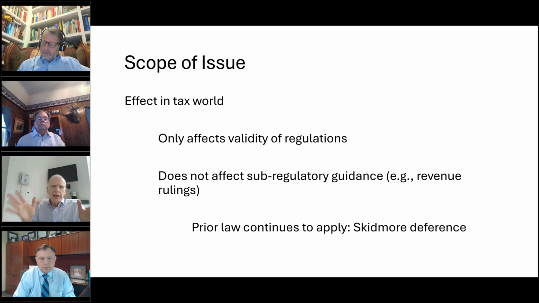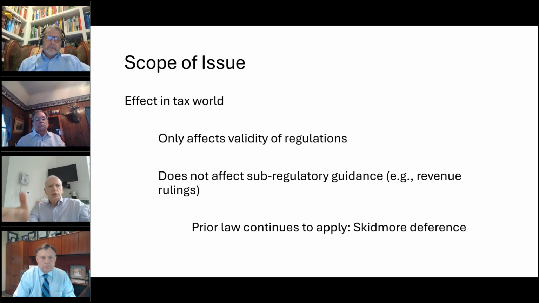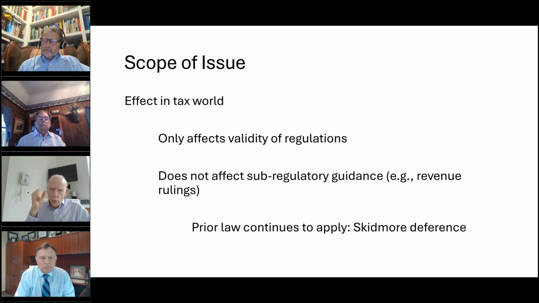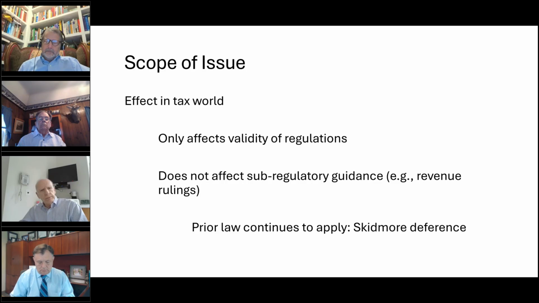So the bottom line takeaway is we're only dealing in the world of regulations. If you're dealing with the validity of a regulation, then we're in my subject, right? Then we're in this question of, is it Chevron, is it Loper, how does it work? That's where Loper has some real bite, some real impact, I believe. Some may disagree with me, but I believe Loper will have some real impact against the IRS. It's going to weaken the IRS. I'm in the middle of writing an article about how the IRS will have a weakened hand under Loper in terms of the validity of its regulations. Okay, let's change slides.